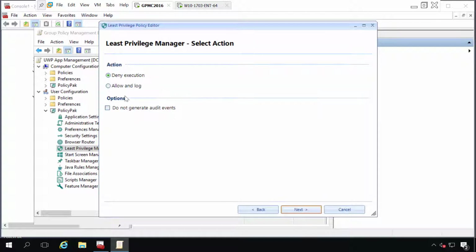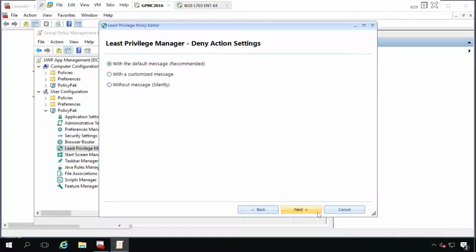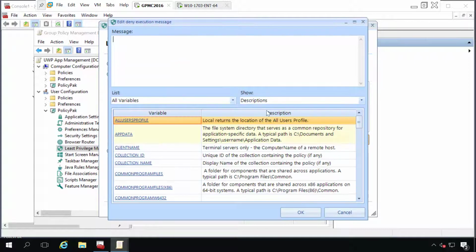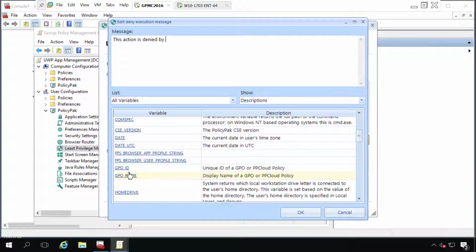We are denying execution. That's going to smack down the store as well as the UWP apps that are installed. Now, when you expressly deny an action, you can choose a standard system message, a silent message, which means no message at all, or a custom message, which is what we'll be selecting here. You can choose to place just text here, or you can choose to use variables. So I'm going to click Edit, and I'm going to say this action is denied by, and scroll down and choose which variable I want to use, in this case, GPO name. Please contact the help desk. All right, now let's save